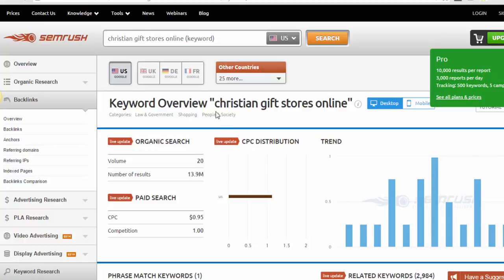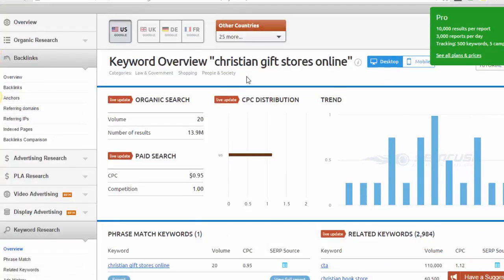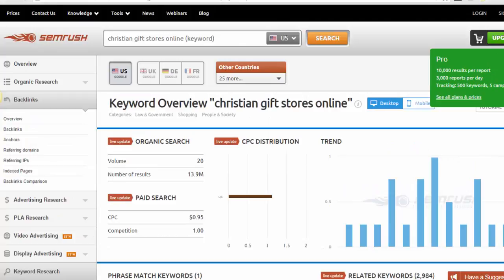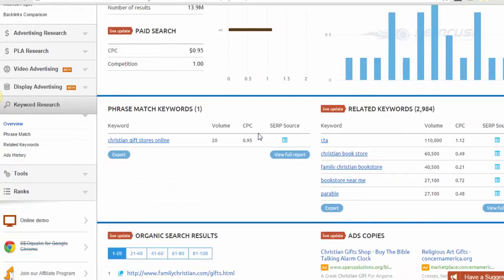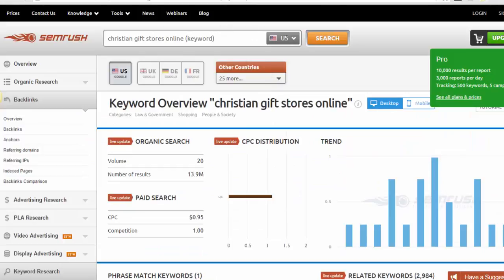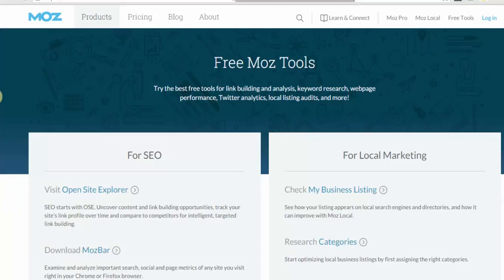I don't know that this is entirely accurate, but this will show you backlinks and anchor text, and I find that this is not always accurate either. So I'm not a huge fan of SEMRush. It's a decent tool. A lot of people love it, but for me, I use some other things that I really like, and I'm more focused on local marketing. That's really what this course is about. There's some higher end SEO stuff that we can do, but let's focus on local.